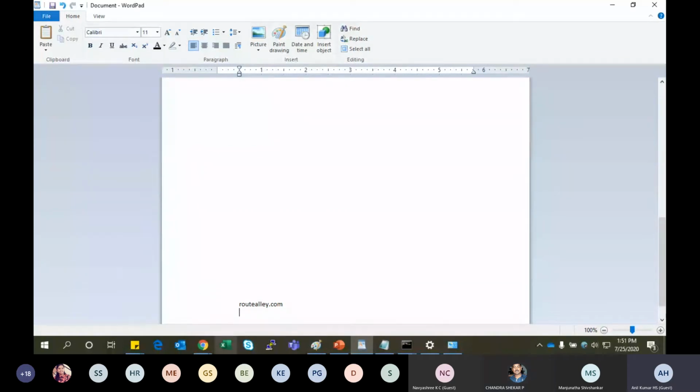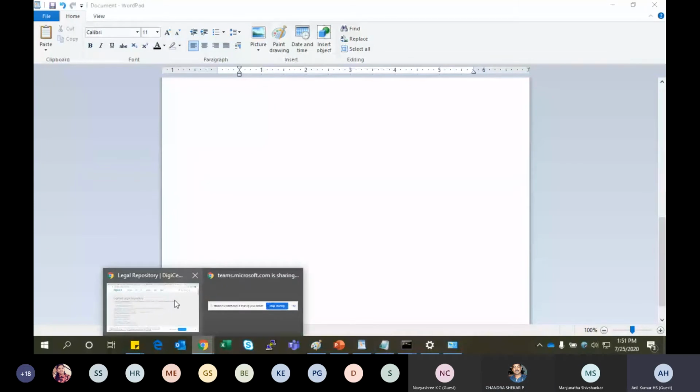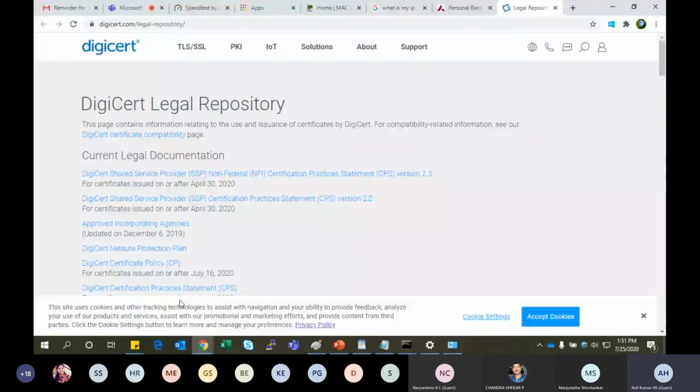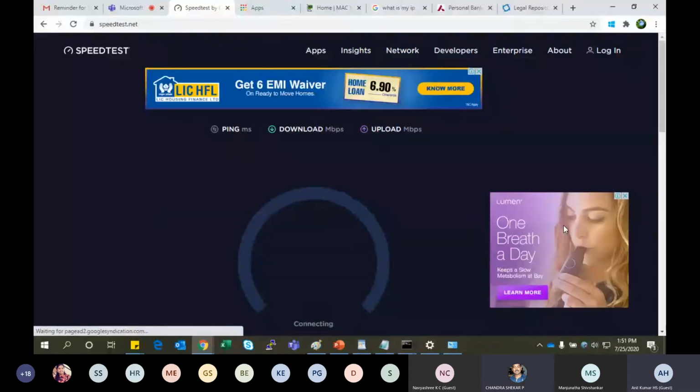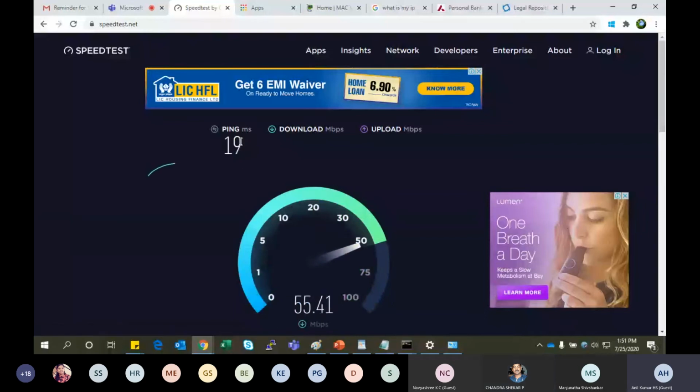You can test how much speed your network has by using speedtest.net also. Many people use this to check how much speed their broadband or mobile network has. For the ping in milliseconds, if it is increasing, if it is 250, 300 milliseconds, that means that network is not fast. So the lesser the milliseconds, the faster the communication.